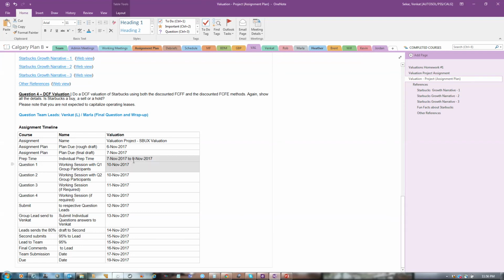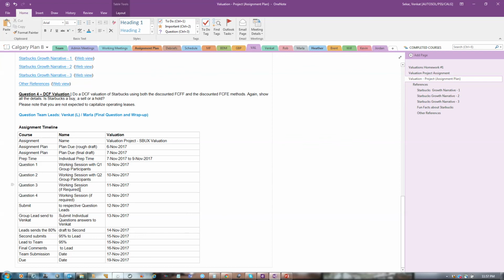And then on the 10th, I suggest Friday before the class session, let's try to have a working session. Let this be as independent as possible. So question 1 would be just the question 1 group, and question 2 would be the question 2 group. You can either have it on the 10th or 11th, but my suggestion is the 10th, so you can fine tune it on the 11th. That way there'll be some thinking that we can spend ahead of time before the class to understand how to use this sheet and all that stuff. And then question 3,